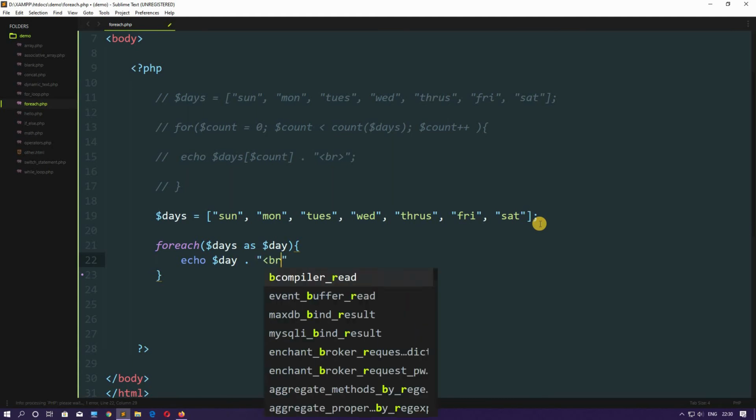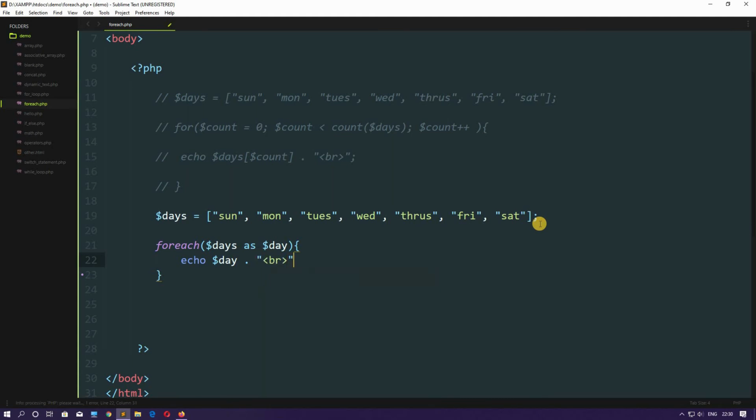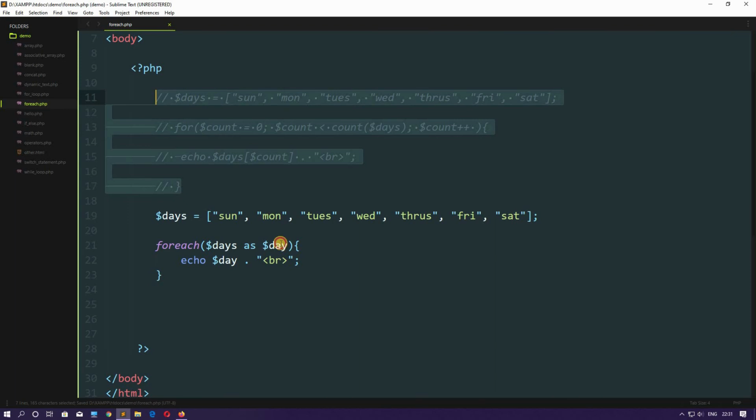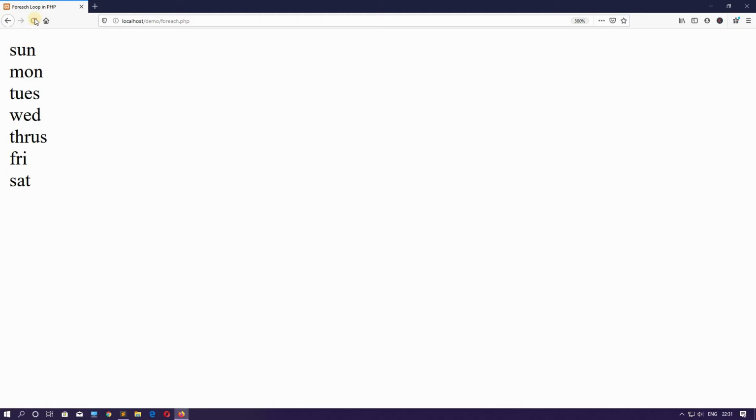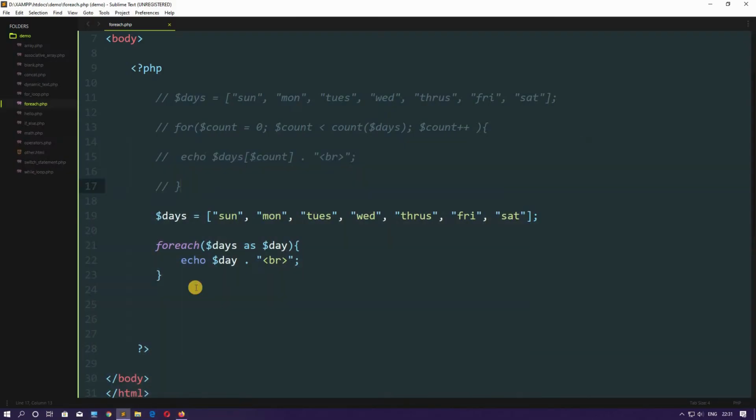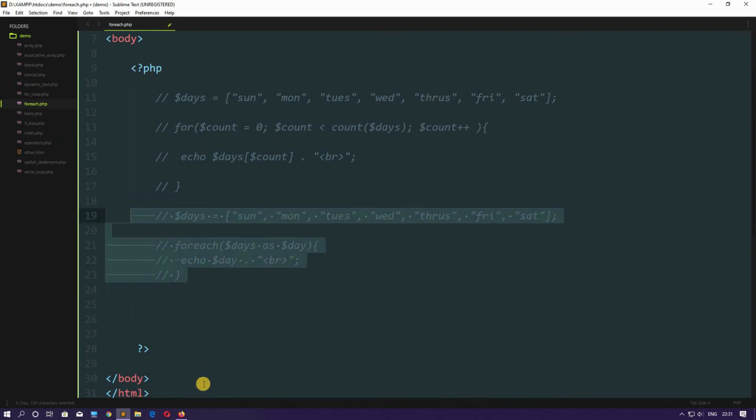Save this. See, the for loop is commented out, so that means that code will not work. Now save this, go to your browser and hit refresh. See, we are still getting this, which means our foreach loop is working. If I comment this out, let me show you that also, and save this.